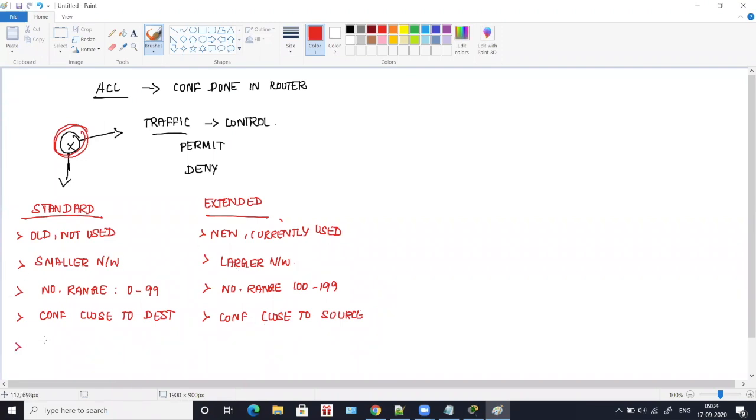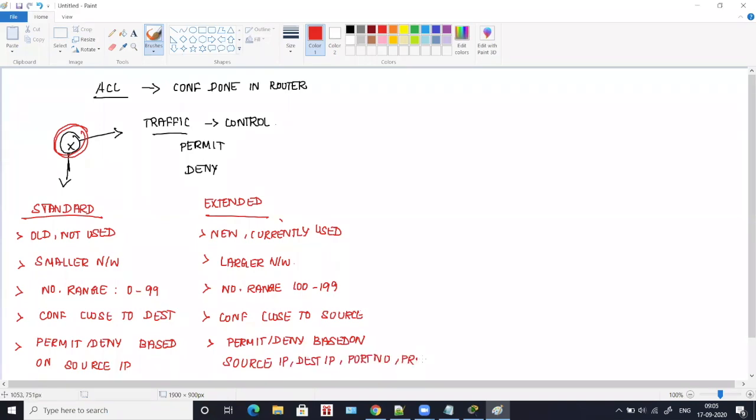Another important thing to remember is that standard ACL will permit or deny based on source IP address, whereas extended ACL will consider the source IP, the destination IP, the port number, and the protocol. So it considers so many things.